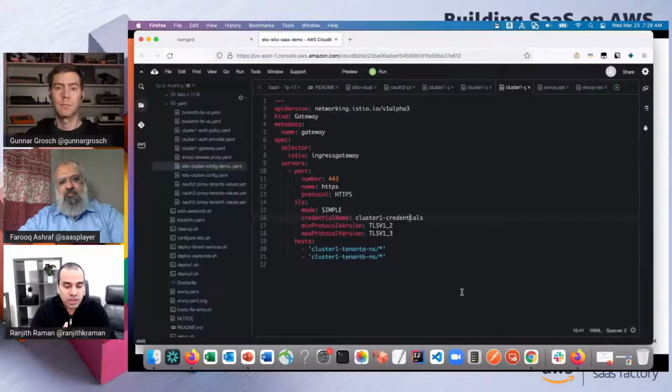Yeah, and you may also have a model where you're not creating a namespace per tenant. You're just basically sharing a single namespace across multiple tenants. In that model, we call it the pooled model, right? So all you have to do is take that shared namespace and add that under host, and the Ingress Gateway is going to route the request to that namespace. So it's very flexible on how you can do that.